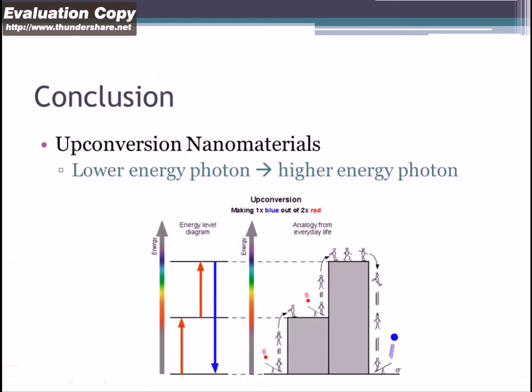So in conclusion, upconversion is a process that could convert lower energy photons into higher energy photons with tunable colors and acceptable efficiency. Our research group mainly focuses on the luminescence mechanism of this type of special optical material, and based on the mechanistic understanding, we can further construct novel nanomaterials with potential applications in bioimaging, lasing materials, and photovoltaic fields. So thank you very much for your